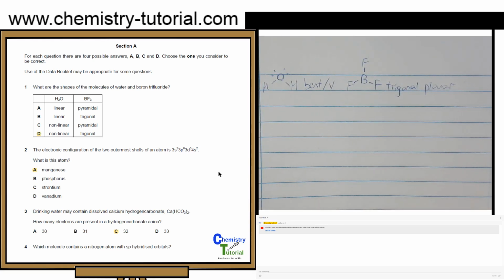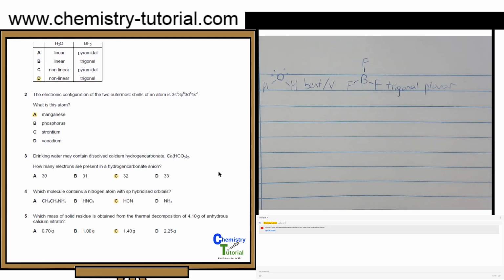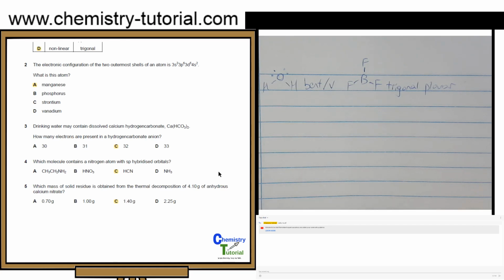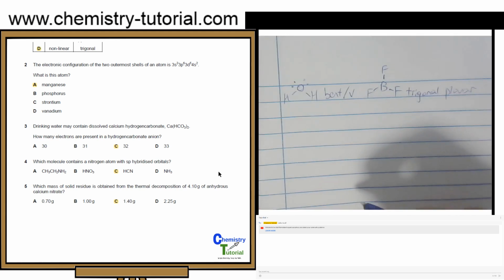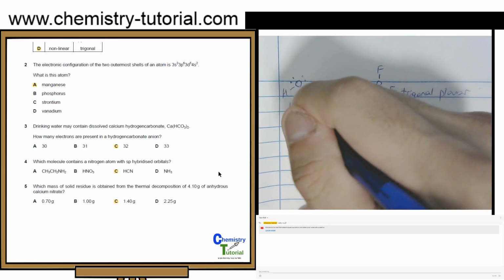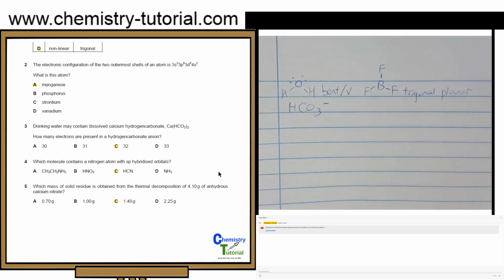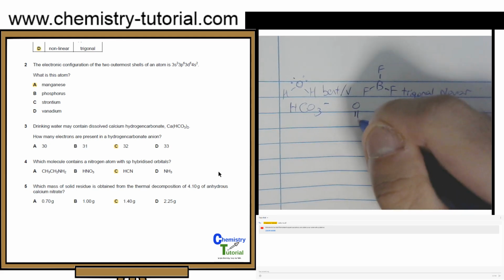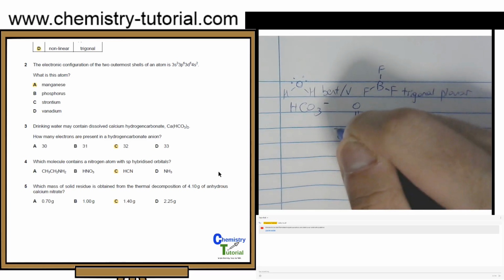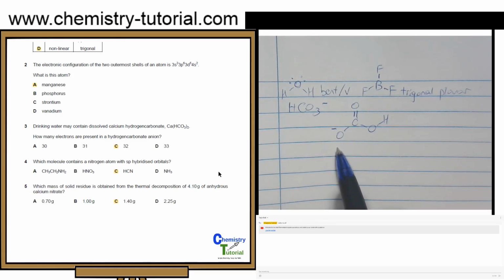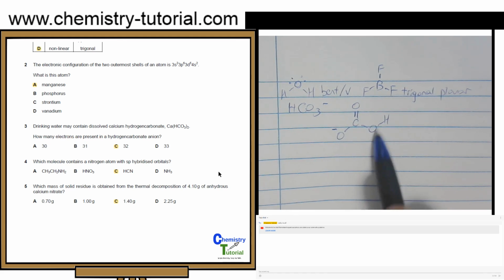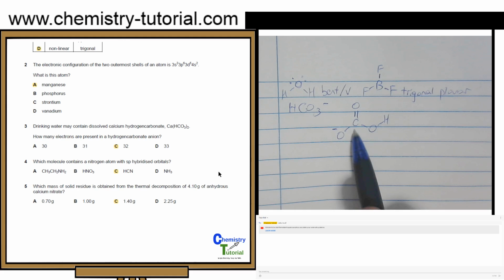Now, question 3. Drinking water may contain calcium hydrogen carbonate. How many electrons are present in a hydrogen carbonate anion? The molecular formula of hydrogen carbonate is HCO3 minus. Just for information, if the question ever asks you how to draw the Lewis structure of HCO3 minus, it will look something like this. With the oxygen atom carrying the negative charge, this oxygen itself is actually a bent shape with respect to this